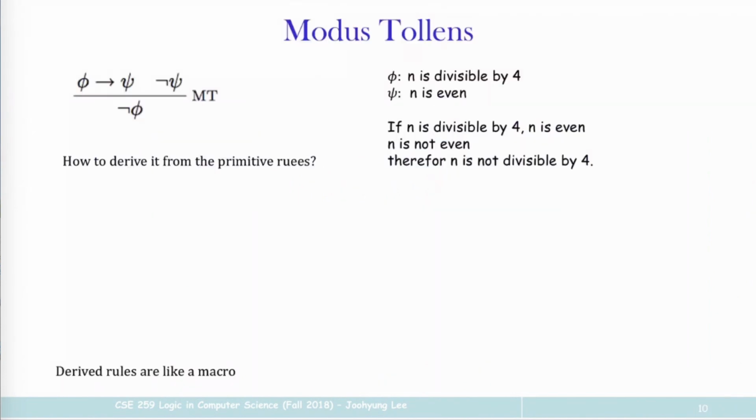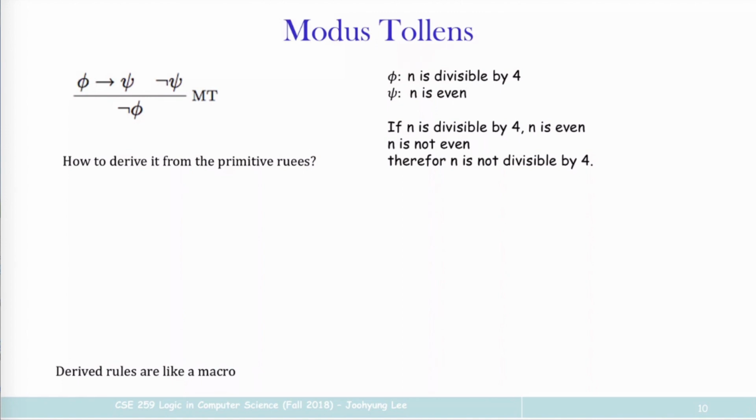Something that is useful here is modus tollens, which is to say that phi implies psi is true. If you know that this is true, and if you also know that negation of psi is true, then you can derive negation of phi is true. This is modus tollens. So for instance, if I know that n is divisible by 4, then I know n